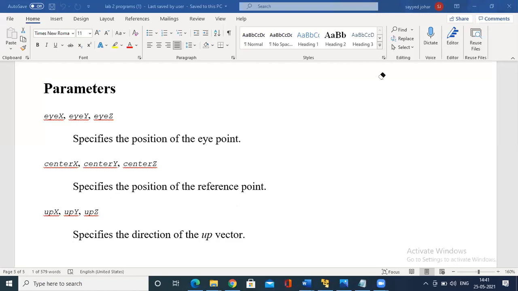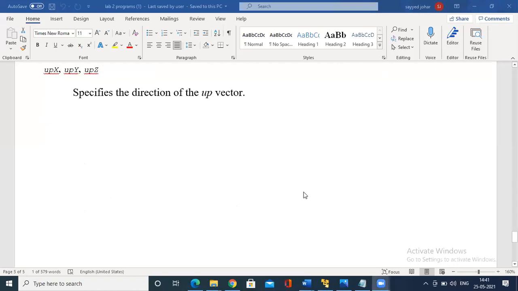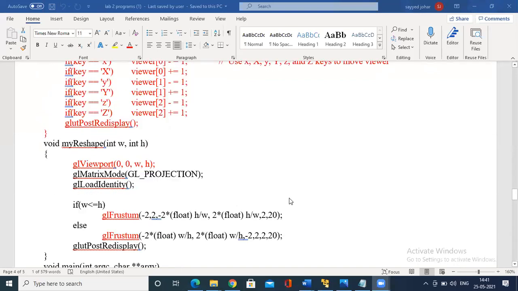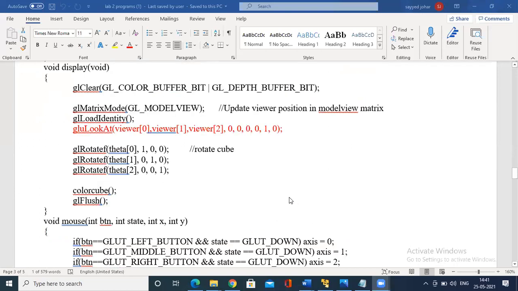The up vector has y axis as 1, and the x axis and z axis are 0. So the lookat function is called in the display function. Remember, the major change in the display function is that you call the lookat function with the viewer, center, and up parameters. The up vector is always 1 on y.